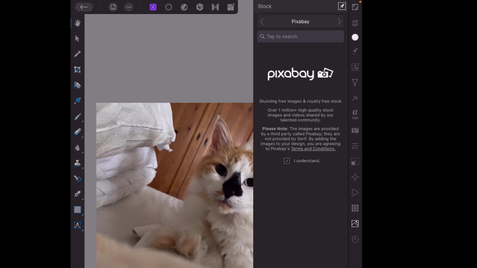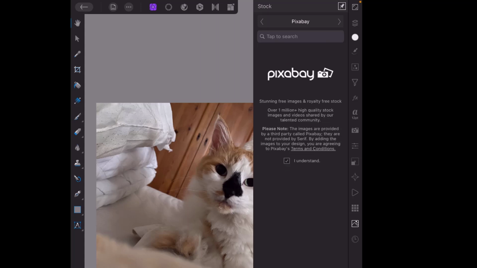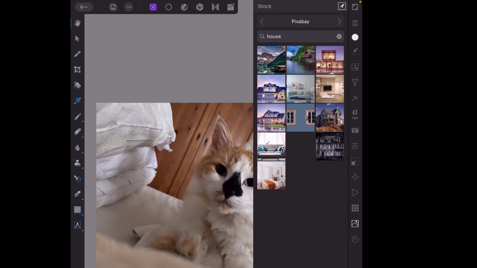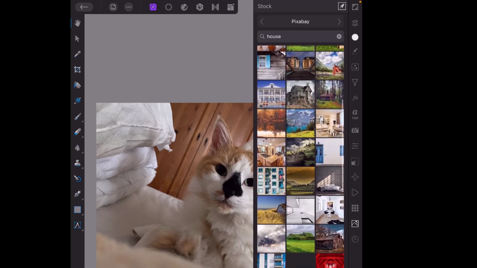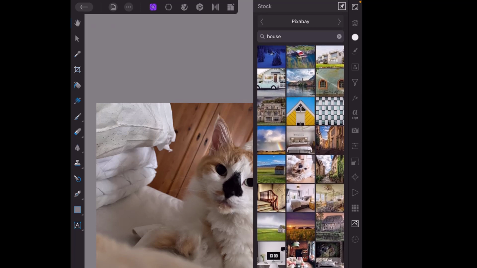The next one is the stock tab, where you can get pictures from Pixabay or Pexels. So all you need to do is to type in what you want to look for. So if I put in here, for example, house, and then press return, it will give you lots of pictures of houses. And let's say, for example, I want this one here. You just hold your finger on it for a little while and then drag it onto your document,